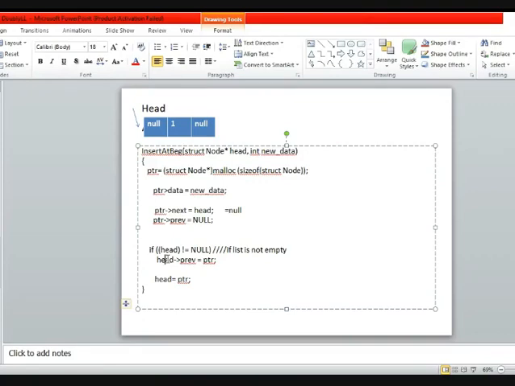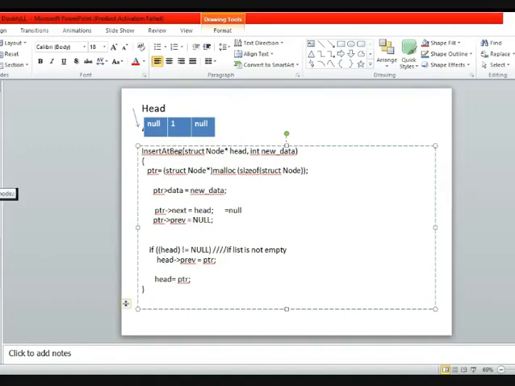Okay, so once you have created the node, you have to maintain some pointers, and in this way you can maintain the pointers when you are inserting in a doubly linked list at the beginning position. Any doubt? So we can proceed to the next kind of insertion in doubly linked list.